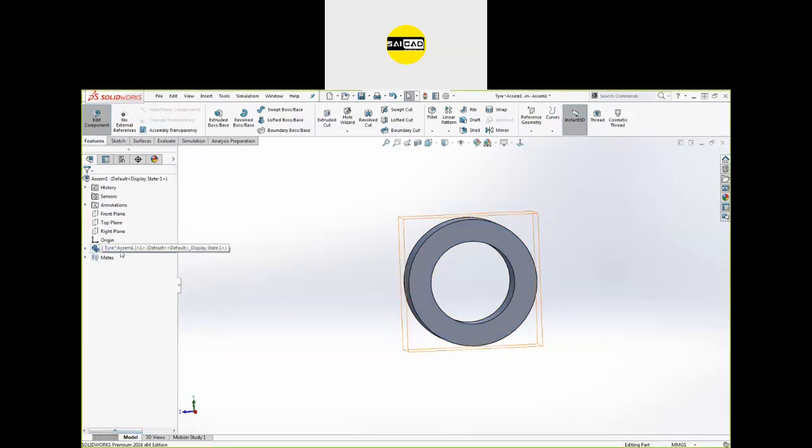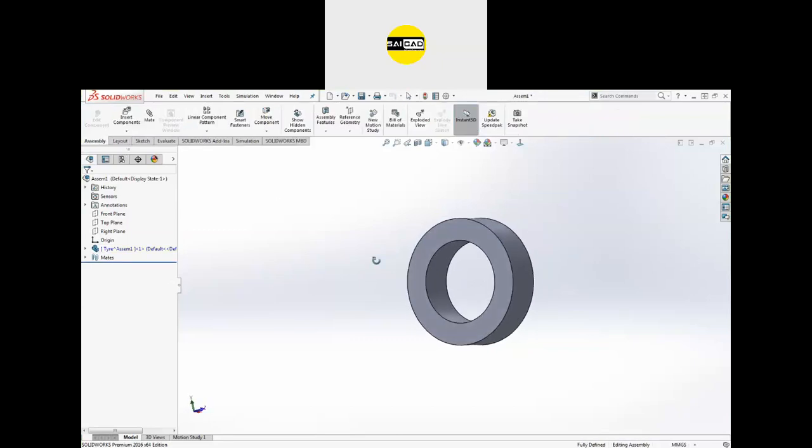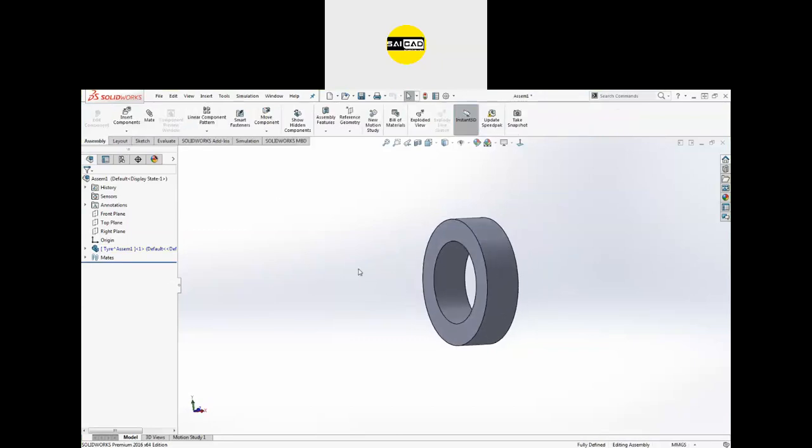So in this way you can create all the parts up here with the relation from each other, and this will be called the top-down approach. Okay. So in top-down we create all the parts in the assembly. In bottom-up we create all the parts in the part modeling, and after that we insert them in the assembly and we build the assembly there. So this is the difference.